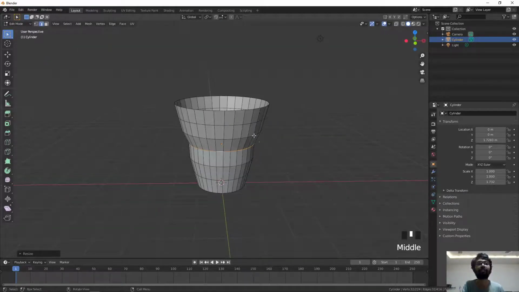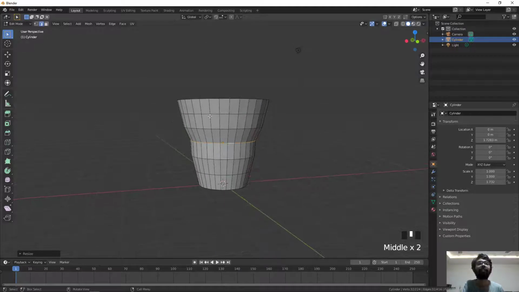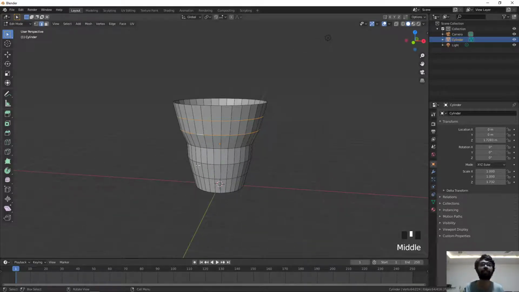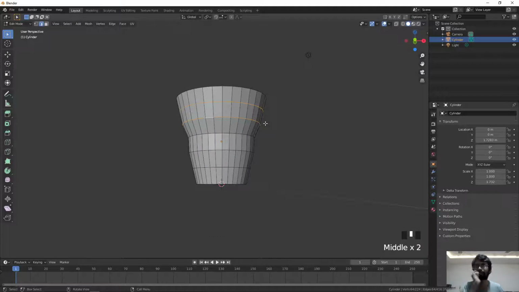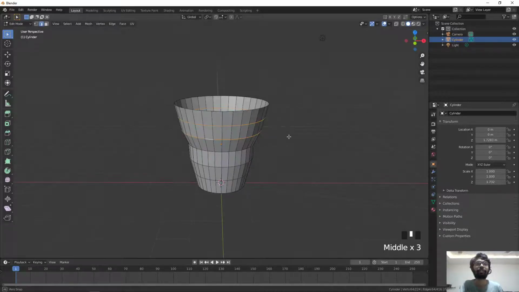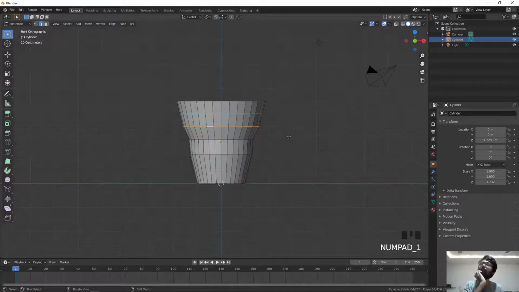So this is scaled inward, and then I'll do the same. Alt to select this seam, and then Alt Shift to select both seams, like we do in Windows Explorer. We hold Control to select more items. So here we press Shift to select more items.